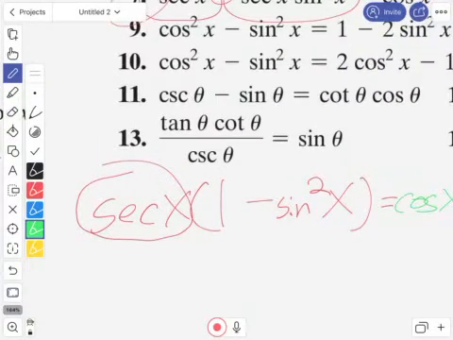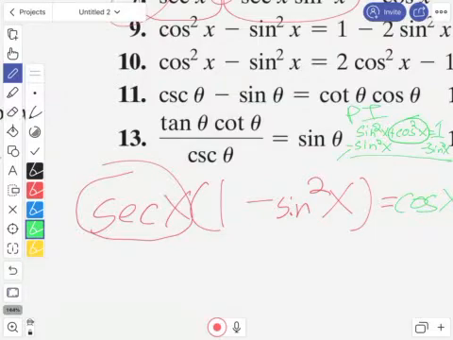Recall from the identities, so this is referencing our Pythagorean identities. In the first video I called it PT, but I just got it confused with Pythagorean theorem. This Pythagorean identity claims that sine squared of x plus cosine squared of x equals 1. But if we manipulate this and just isolate cosine squared of x, getting rid of sine squared of x on both sides,